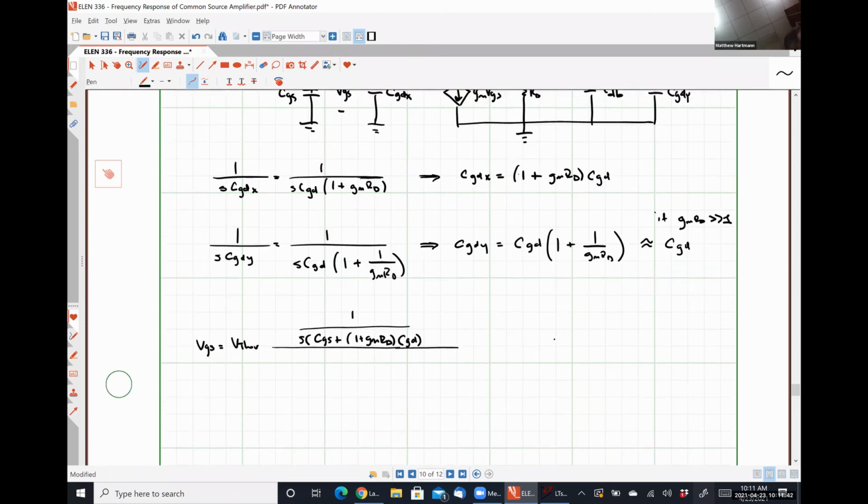And then down here in our denominator, we have RThev plus that exact same thing, S times CGS plus 1 plus GMRD CGD, close my parentheses. If I multiply through by a factor of S times CGS plus 1 plus GMRD CGD, this gives me